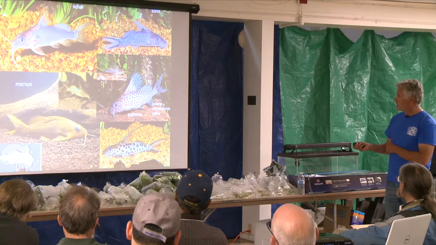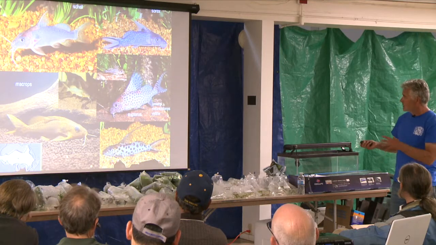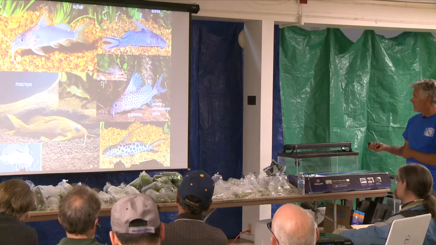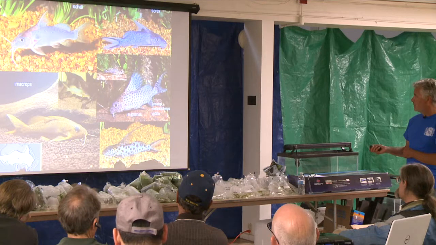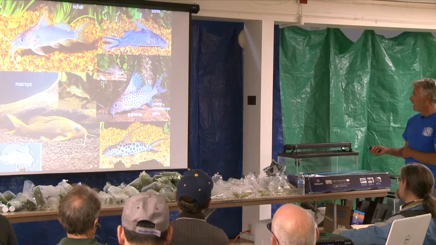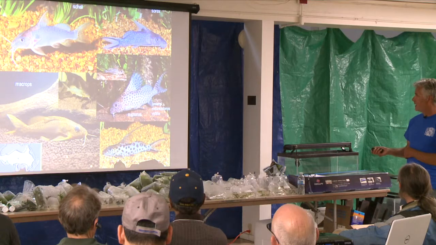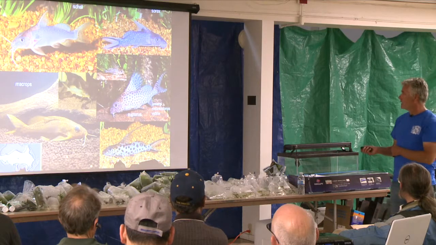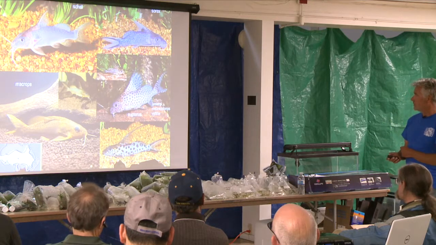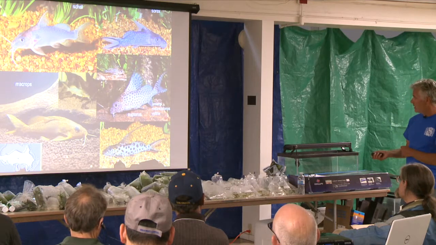There's a couple of different ones that have this high body, really stout body and tall dorsal. That's the ansorgii. Melanopterus is really similar but a very dark fish, almost black. And velifer comes out of the Volta River, and it's got big bold spots on it, and it's quite a nice fish too. And then down here we've got